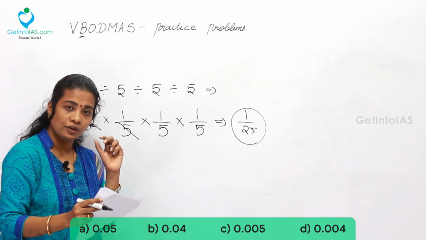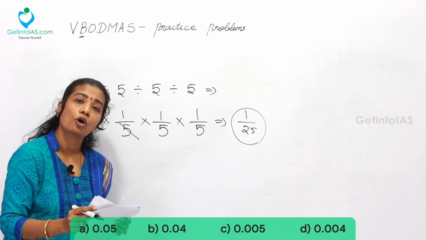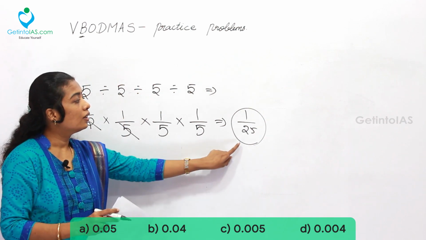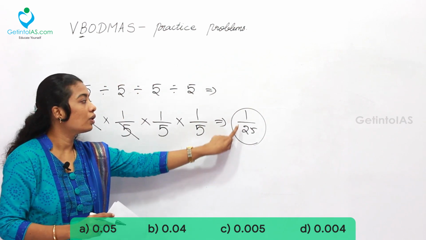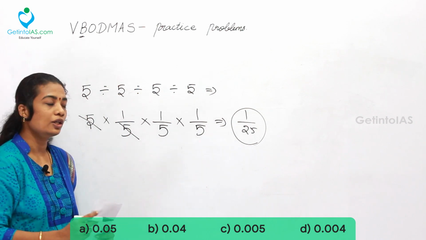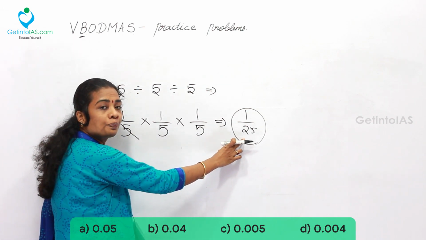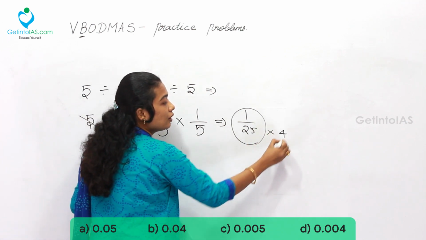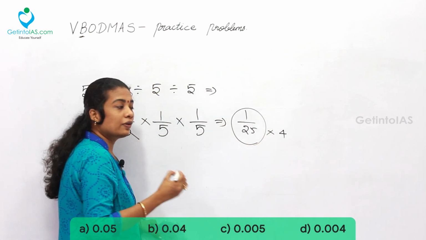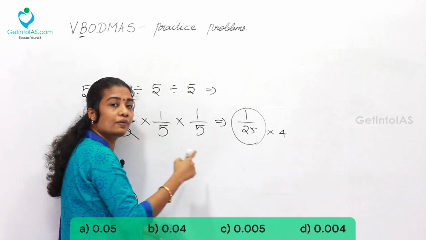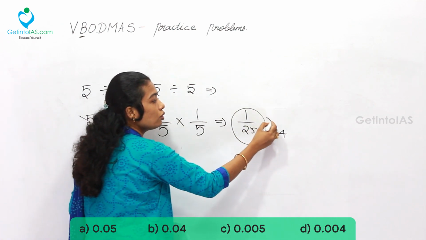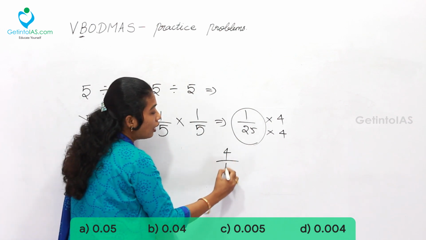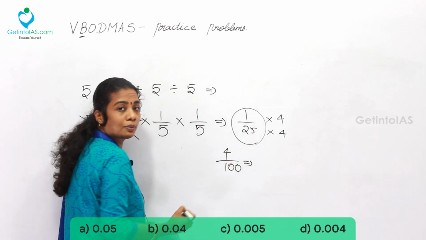It's not actually given in the options because all of your options are given in terms of decimal values. So here, what is the equal decimal value for this 1 by 25? Check it out. So for that you will have to make the denominator in terms of 100. Whenever you want to make 10 power n, just think of it. That is 25 into what is 100? That is into 4. So here also into 4. What is 1 into 4? 4. 25 into 4? 100. What is the equivalent decimal value for that?